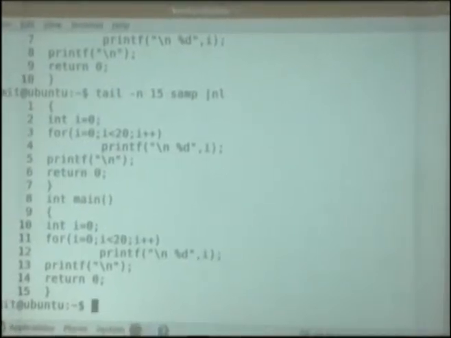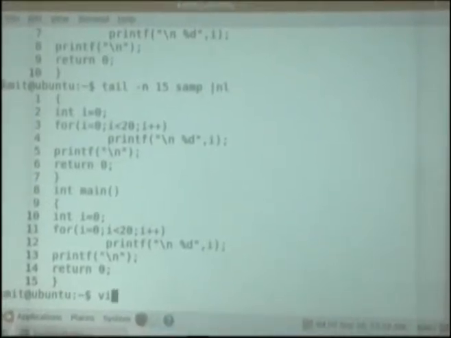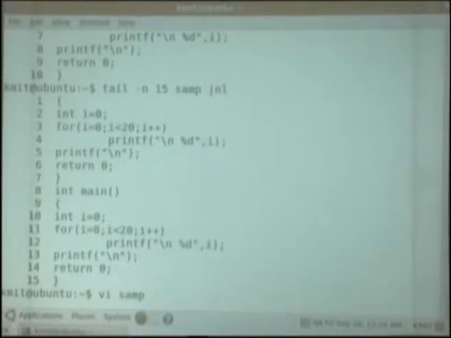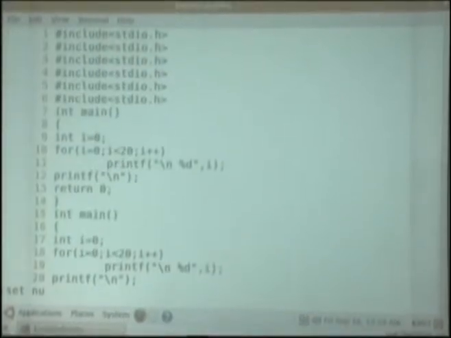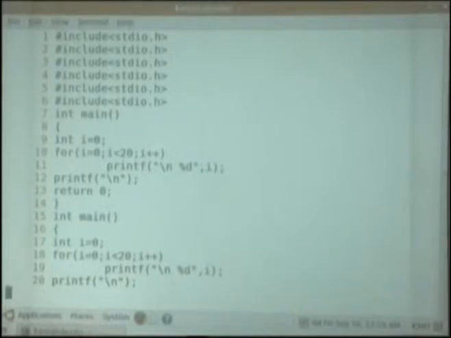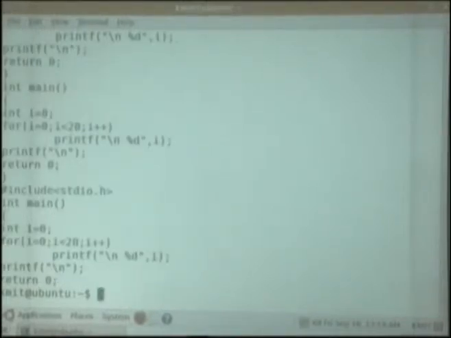Suppose we have one file, vi exlog samp. I'm using this samp file. Then we'll write set nu, from line number 1 to line number 30, write to exlog. Then cat exlog, we have created one file called exlog now.